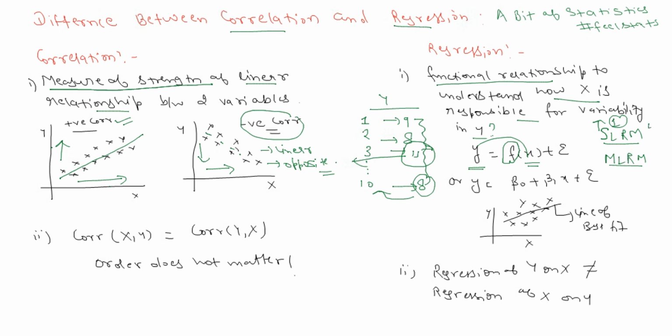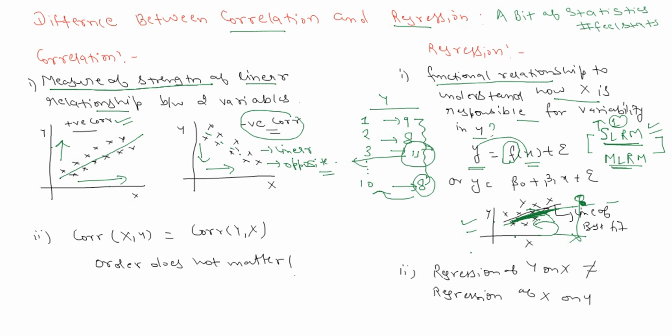I will be covering these topics in later videos, but just to make the difference between SLRM and MLRM, I have quoted the difference here. As we can see in the scatter plot here, there is a linear relationship between two variables y and x. So here I am trying to understand how my x is impacting my y. I am trying to find a line of best fit. Suppose I have a value of x, what would be the value of y? From the line of best fit, I will be able to predict this value. So this is the concept of regression. There is a conceptual difference between the terms correlation and regression.